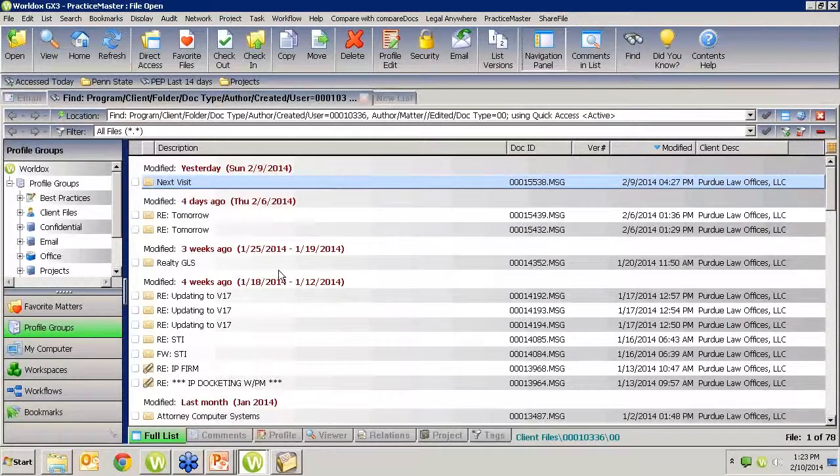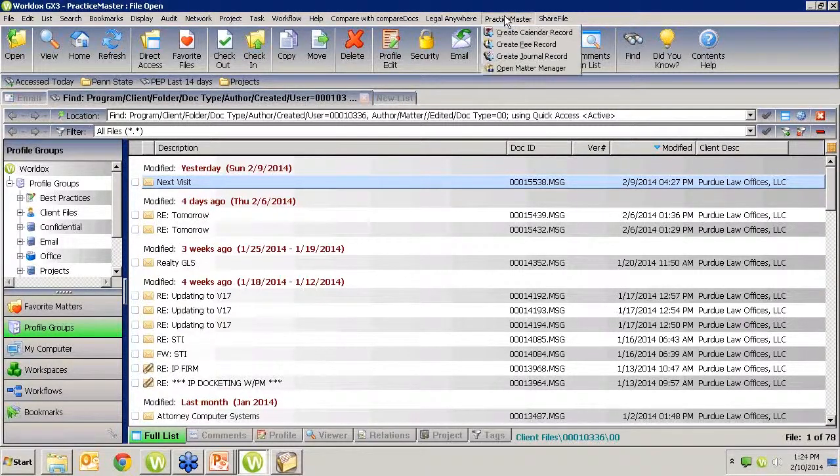You can have a different search template being used for each user in the firm. So one person may want to go straight to a certain type of document. Another one may want to use a search template that pulls up that client's files but includes archive, because out of the box normally it wouldn't include that. So that's kind of cool. We have the ability to have each individual user have their own search preferences for when you click on that Display Worldox Documents button. Now, the next thing that we're going to talk about is how that stuff applies over here, meaning